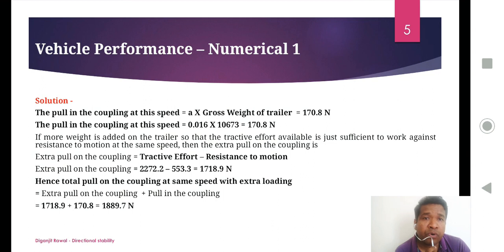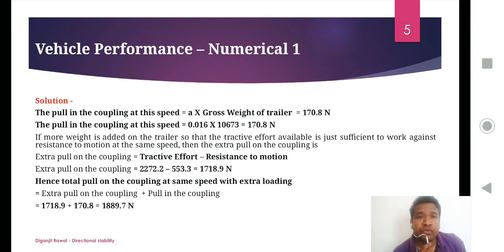Next, if more weight is added on the trailer, if we increase the weight of the trailer so that the tractive effort available is just sufficient to work against the resistance to motion at the same speed, then the extra pull on the coupling is equal to tractive effort minus resistance to motion. So when we calculate extra pull on the coupling,